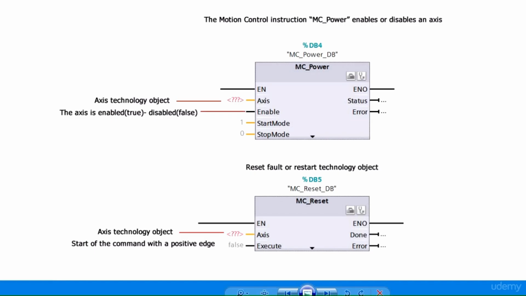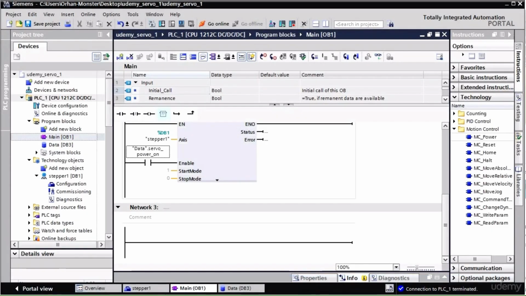And another command is reset. This resets a fault or restarts a technology object. If we have some fault on a technology object, we can restart our system, and this is about technology object commands. So if you look at this help document, you can see which faults you can reset. So I will not use this command now. And another we need,